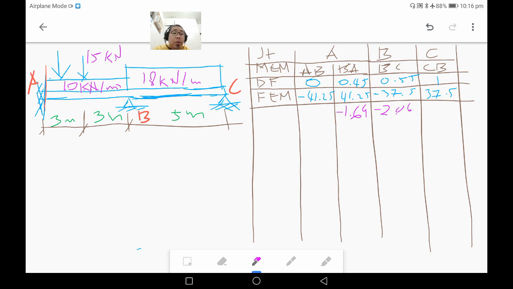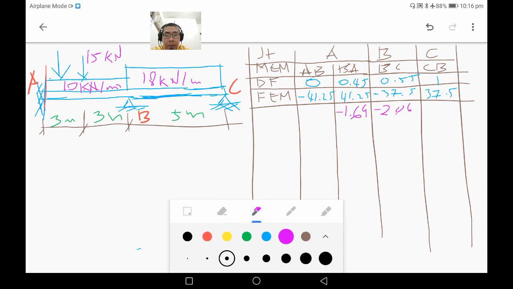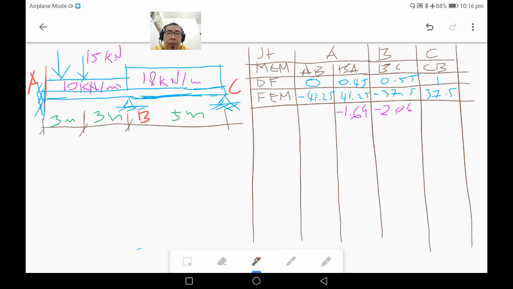2.06. Okay. 2.06. Ngayon, yan yung table natin. Wala kang pakakasya dito. So, 1, 2, 3, 4, 5, 6, 7, 8, 9. Mga 10 distribution, no? 10 distribution. So, 1, kasya kaya 2,